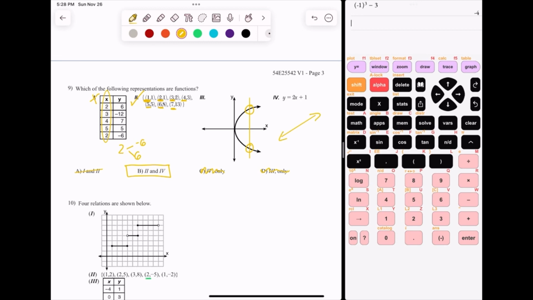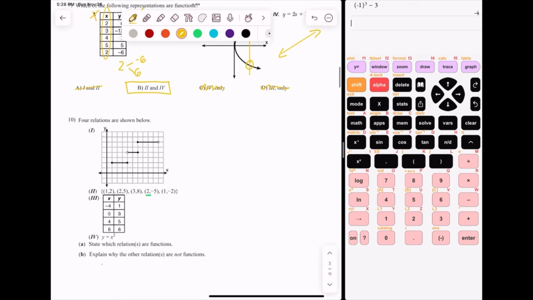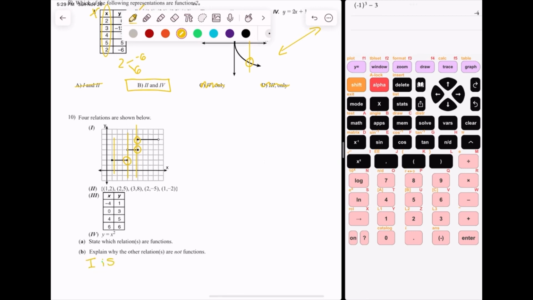All right, let's look at number 10. 4 relations are shown below. State which are functions. All right, let's look at choice 1. If I draw a line right here, it would be a function. Right here, the only point that we count is a shaded circle. So right there, it would be a function. But right here, it would not be a function because, look, it's crossing 2 times. So why are they not function? 1 is not a function